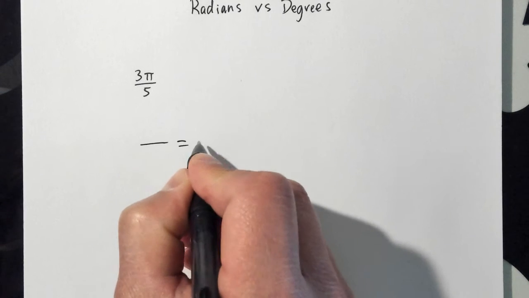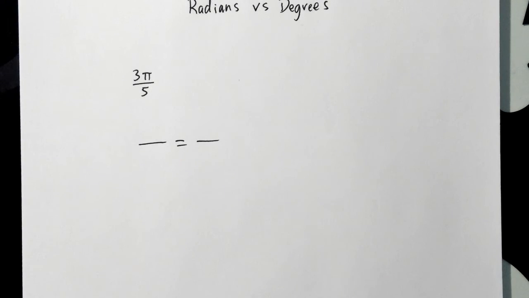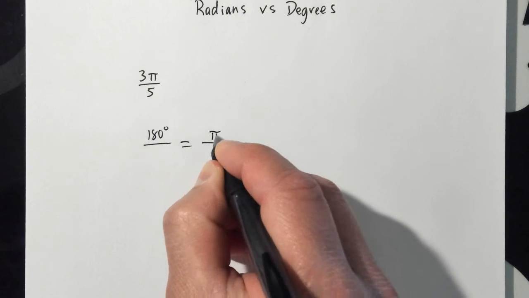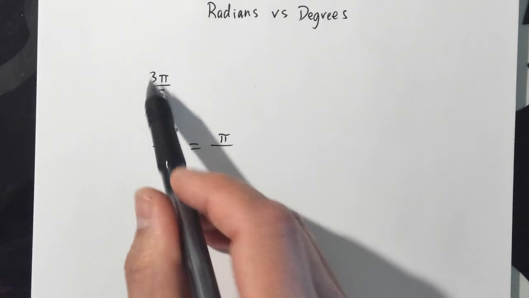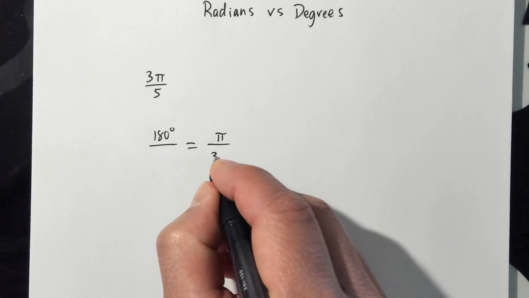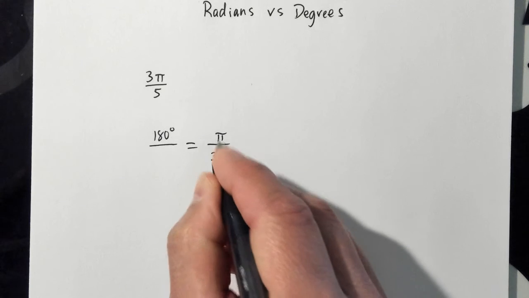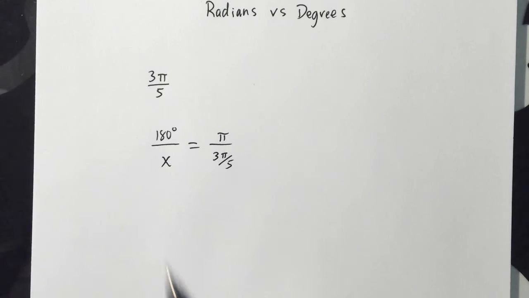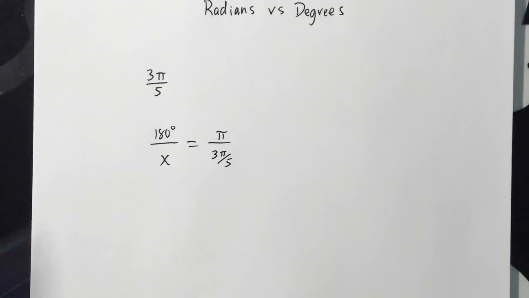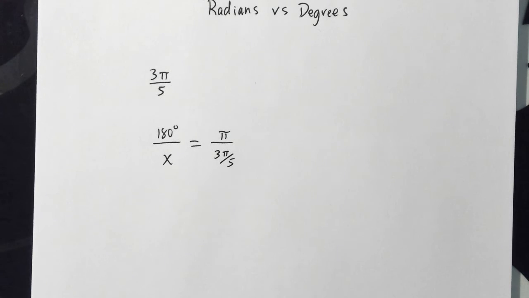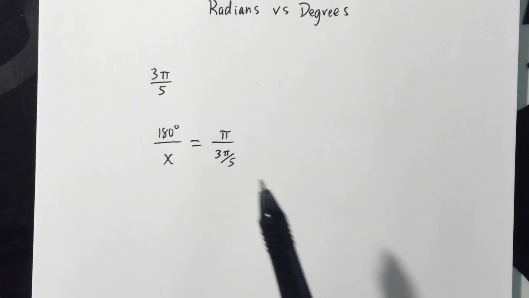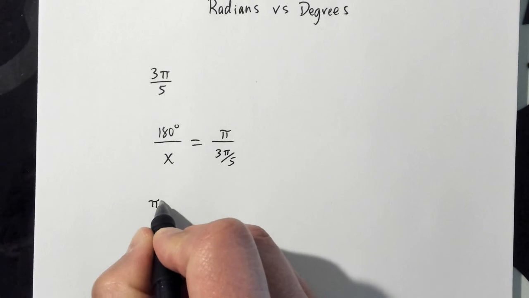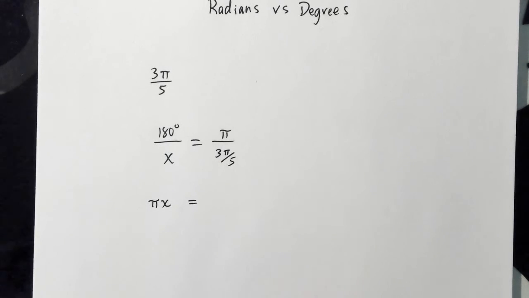A proportion has 4 parts. I'm going to go 180 degrees is equal to 1 pi. And then I'm going to put this, because it's pi, on the bottom right here, like that. And then you get a fraction. This is called a complex fraction when there's a fraction on top of a fraction. And this is our unknown. We're trying to figure out how many degrees. And then you cross multiply. This times this, pi x. This times this, 3/5